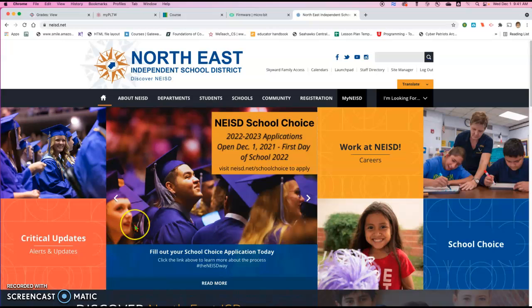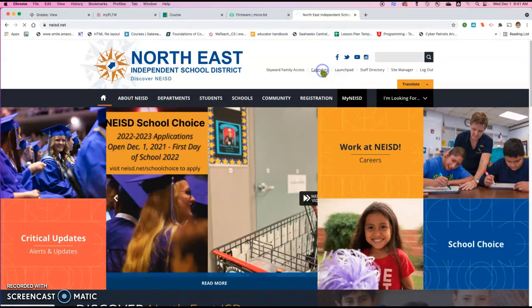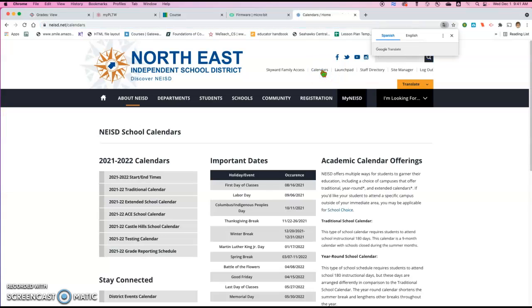Okay, this is a quick tutorial on how to create a OneNote notebook. First thing you want to do is get into neisd.net, get yourself logged in there. When you are logged in, you can go into the Launchpad,